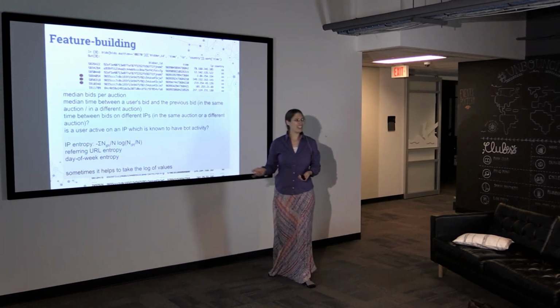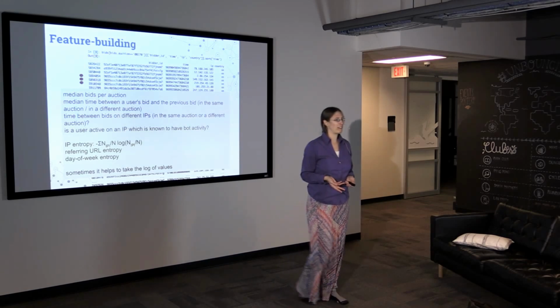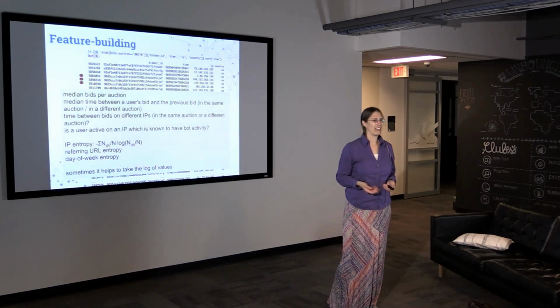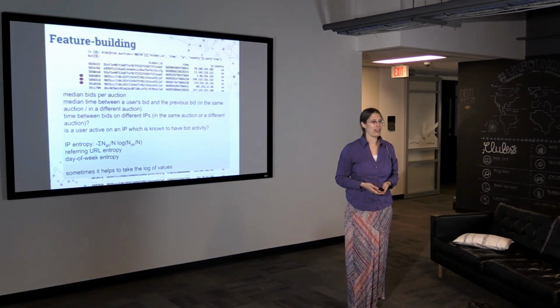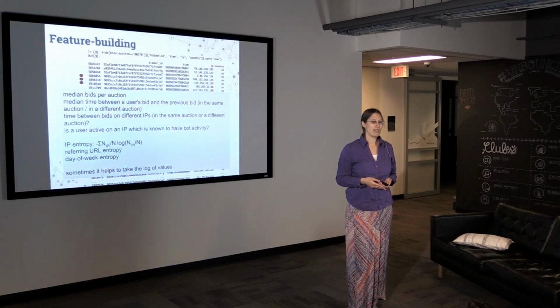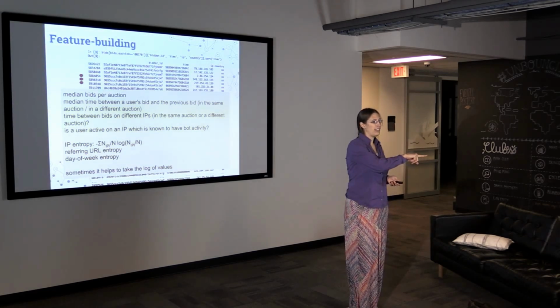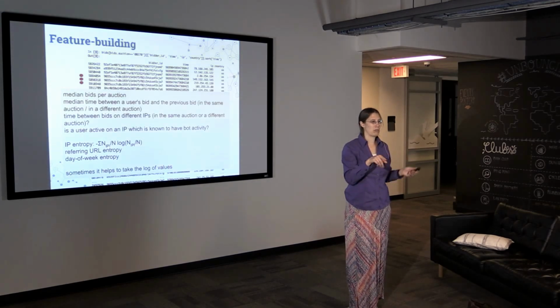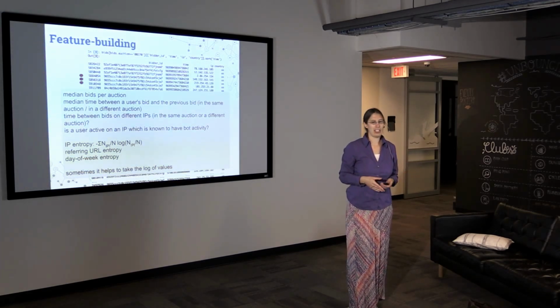And weirdly, it sometimes helps to take the log of whatever values you're generating. I haven't totally understood why this helps. I think that if you're looking at something like the standard deviation of something, and you don't have a Gaussian distribution, you often have something with a tail, and then just taking the log helps to normalize that tail away. But yeah, sometimes taking the log just...